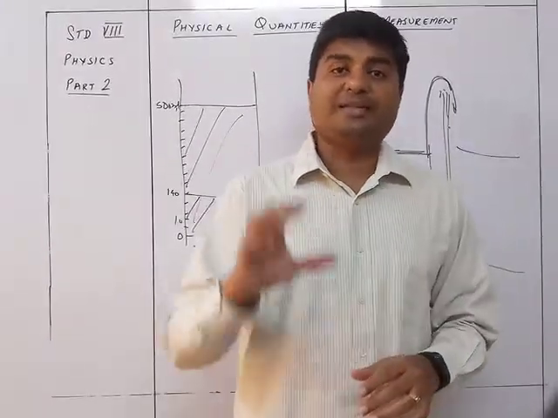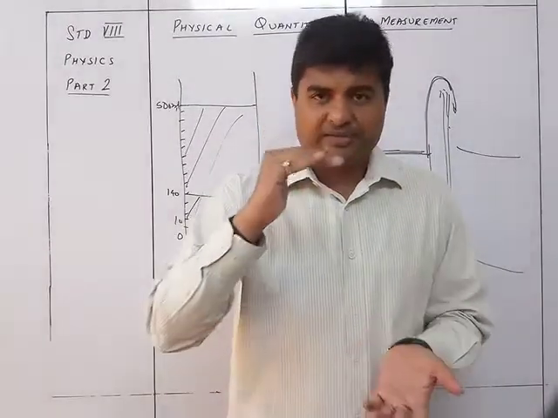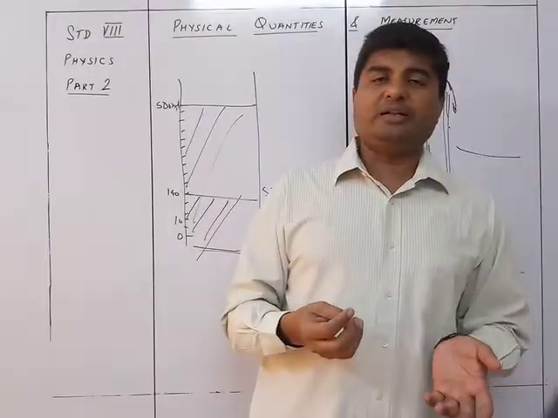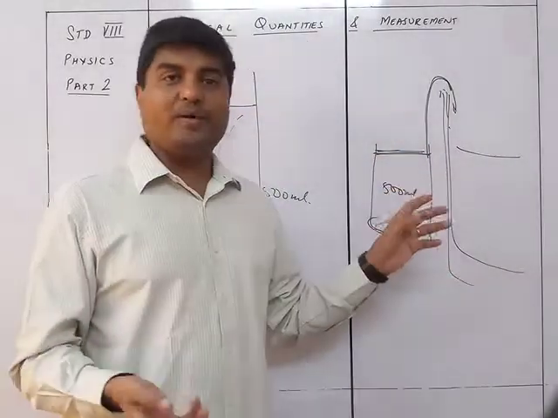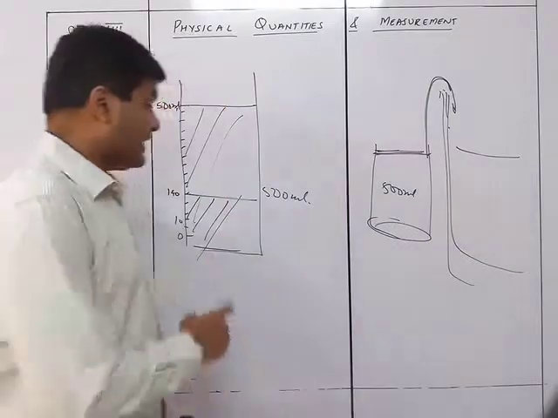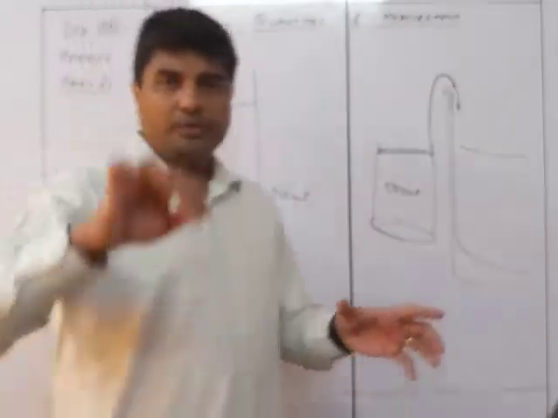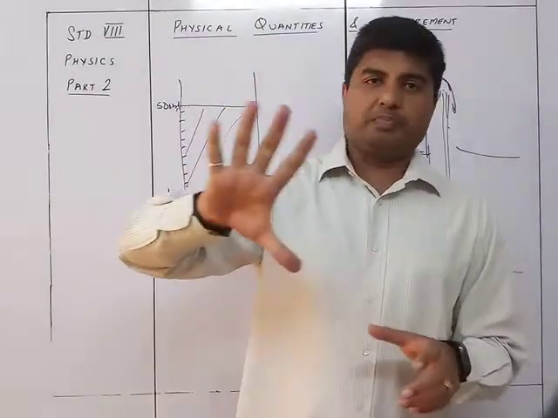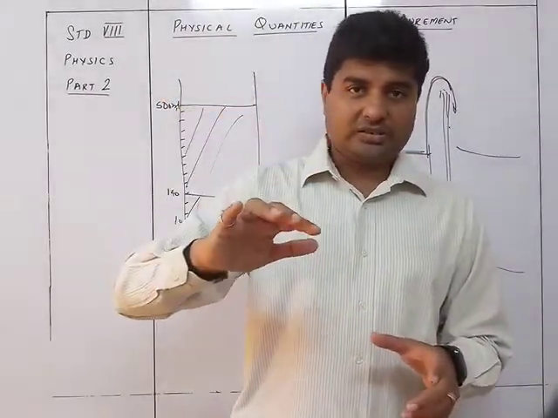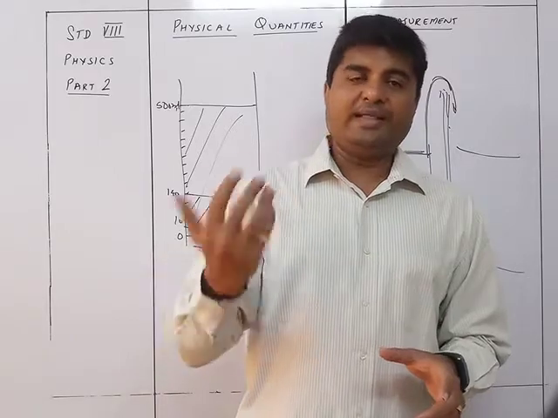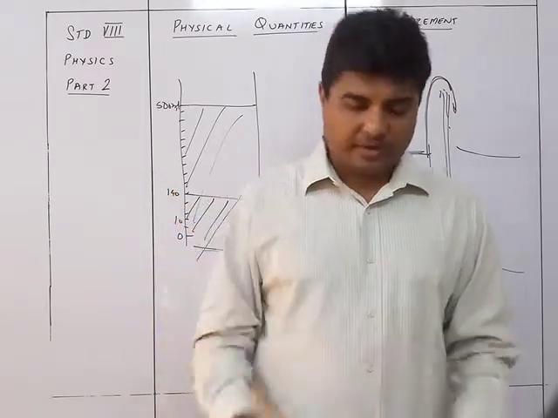So you can measure that thing only. You cannot have half of that thing. Okay. So if I say that I need 250 ml, and I fill it halfway, I cannot know whether it is exactly half or not because there are no graduations like this. You take that much quantity, that is exactly that much. Neither more nor less. So you can measure neither more nor less through that particular thing.